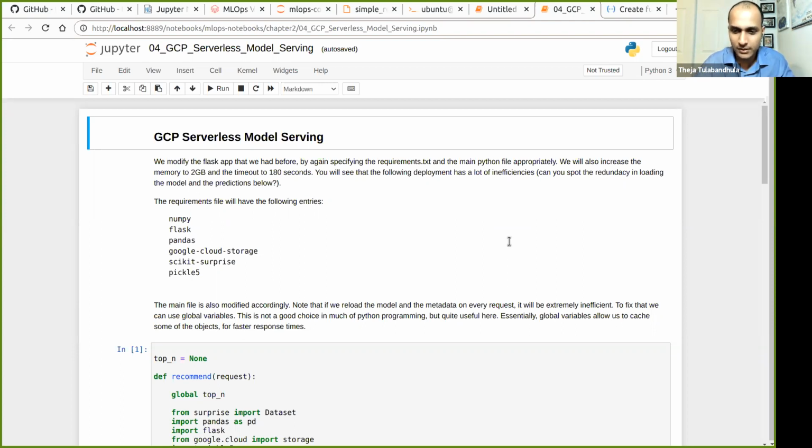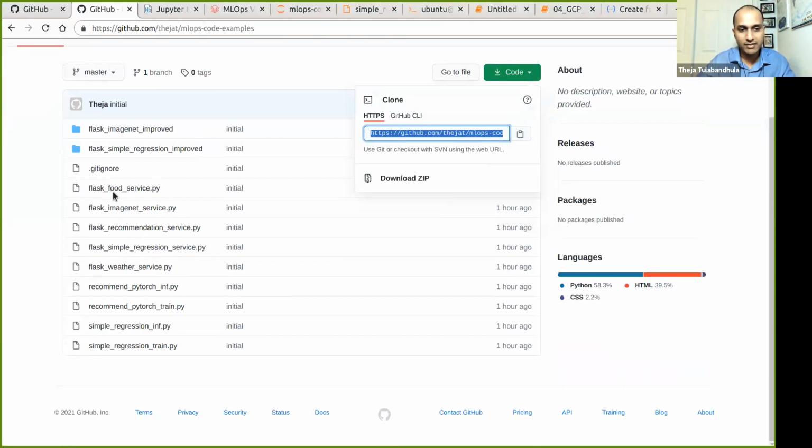Okay. So do we need to know about these codes? No. For us, the codes, for example, that I'm showing here, the Flask codes, have some extra stuff to have a web app. To serve an ML model, you need to have a server, like some server code. So Flask is one example web framework in Python that you should at least be a little bit familiar with. The actual models don't matter to us. That's why I'm showing a simple regression model now for serverless, and previously I was showing some recommendation model in the previous two lectures. So the models don't matter. The code for the models themselves doesn't matter.